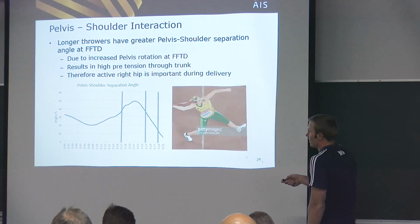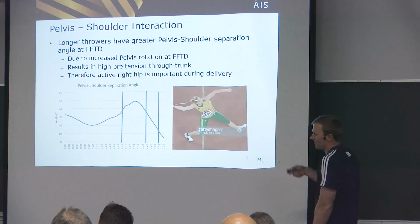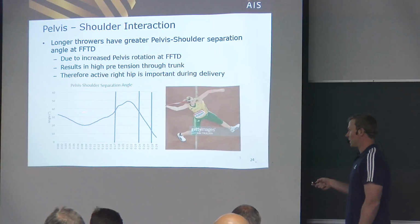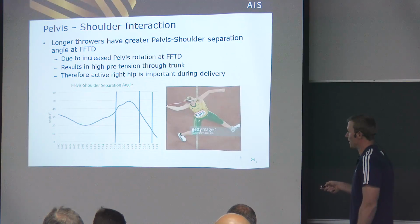So what we see essentially is, by the time the front foot hits, that separation angle is still the same. So don't get too worried about this. This is just the motion of the front leg coming through, slightly closes off the hip and then opens up again